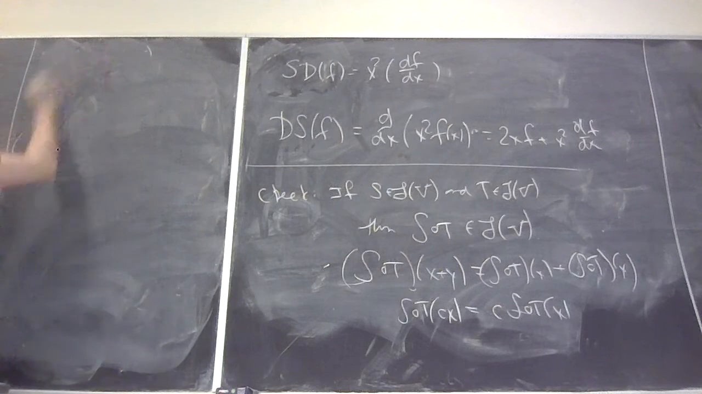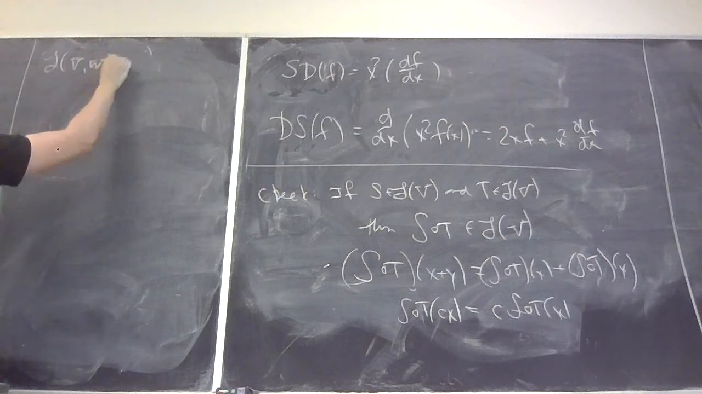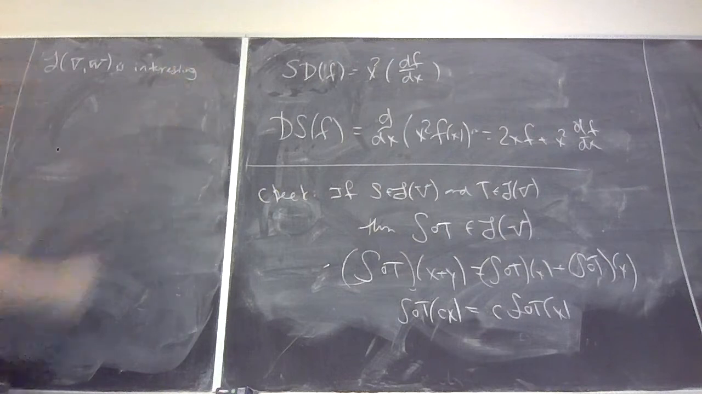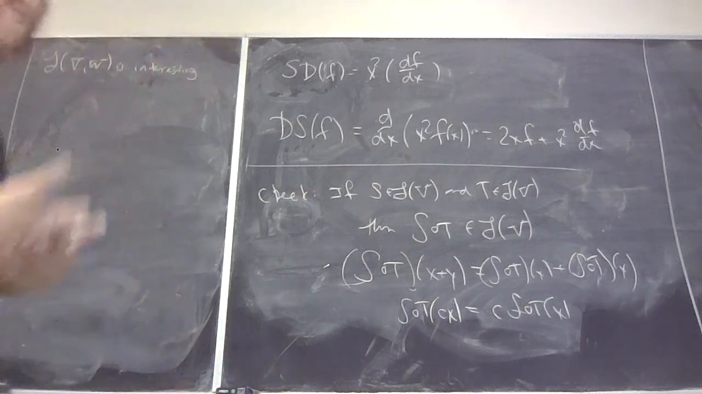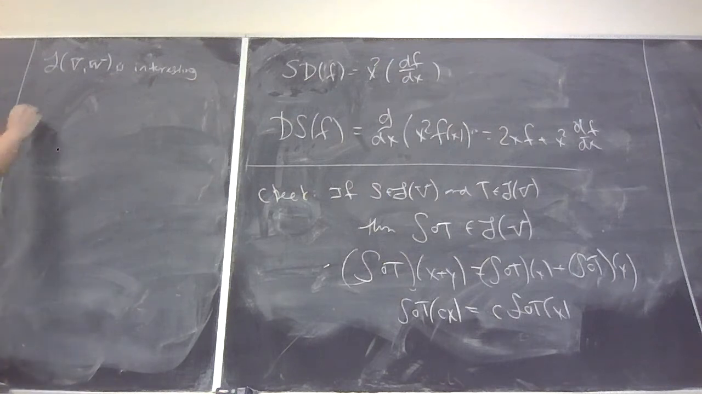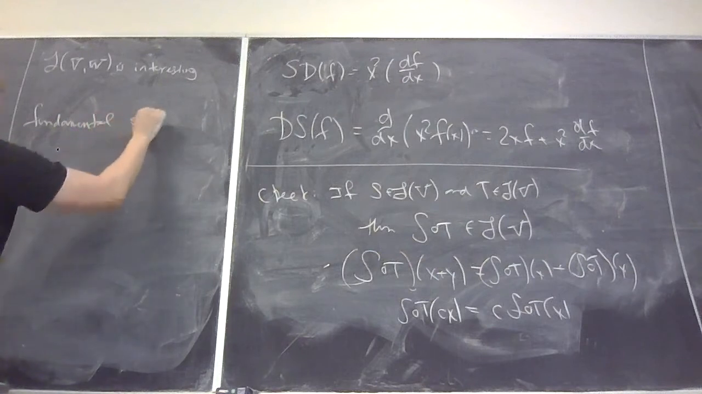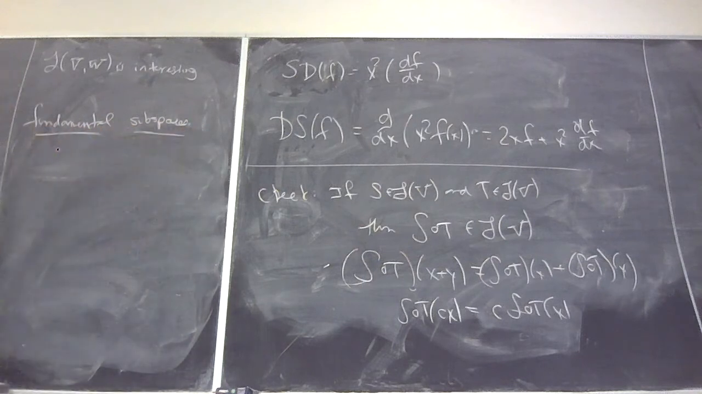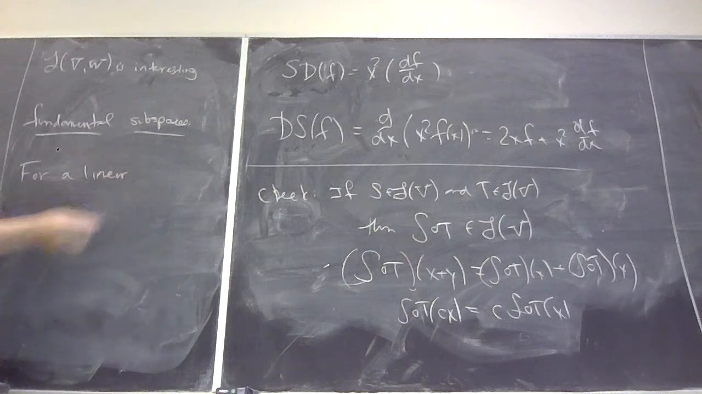So at least if you believe Axler, L of V, W is as interesting as he says it is. I mean, it really is, but he says it, so you've got to believe it. So what we're going to do is define something called the fundamental subspaces. These are ideas that you almost certainly have seen before. For a linear map, sorry, I'm saying operator, I'm not trying to confuse anybody, for a linear map